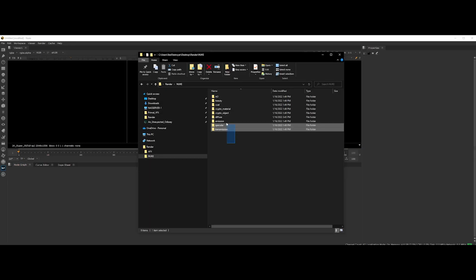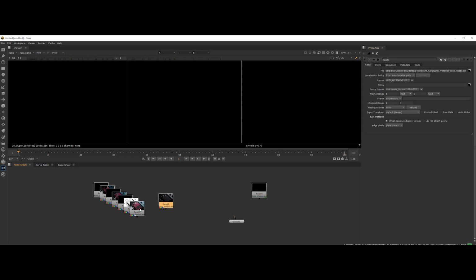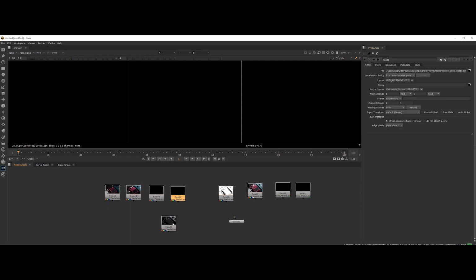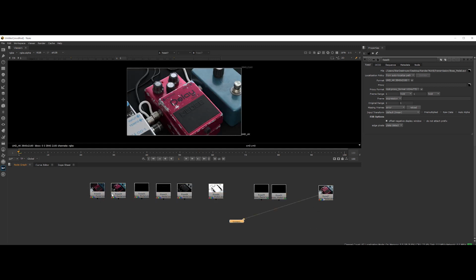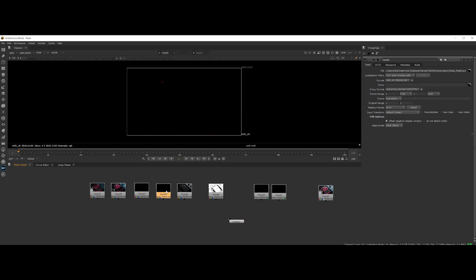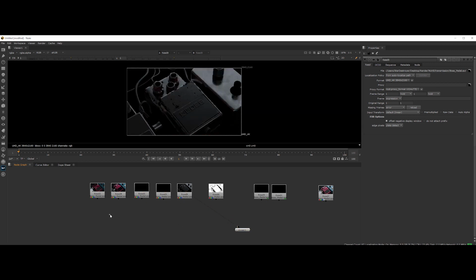Okay, now in Nuke, let's do the same thing. Let's import all our separated passes, ordering them again to have a clean and understandable project. Checking the passes. So in Nuke, in order to do the beauty reconstruction, we need to merge the passes together. To do so, press Tab and write Merge.